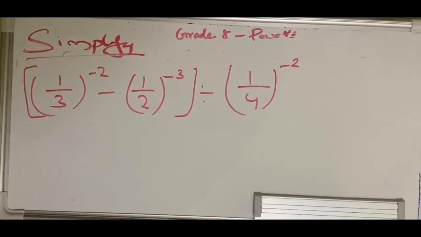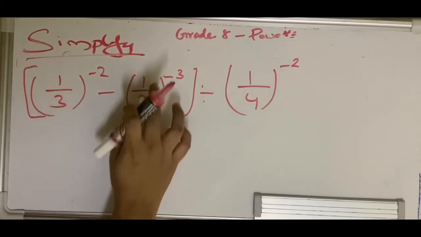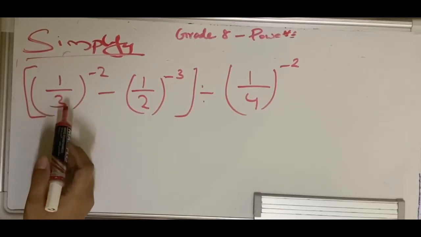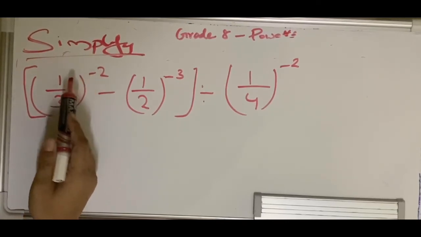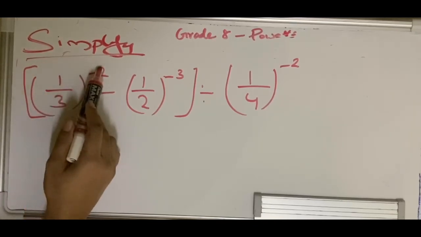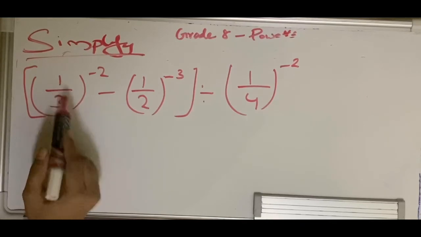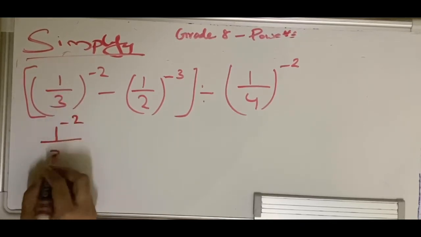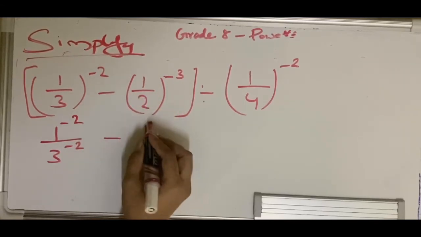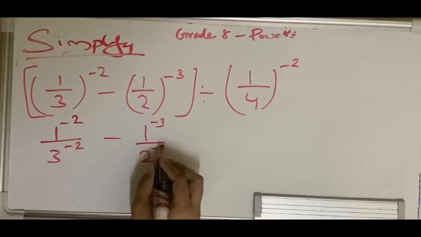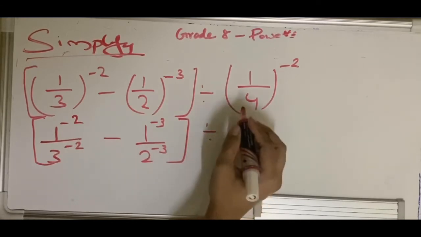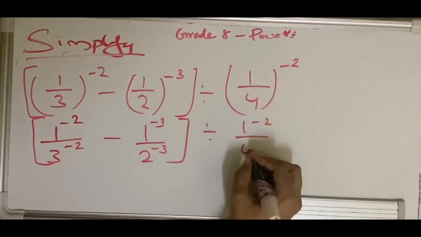So our next question is about again simplifying. If I take this equation, I have 1 by 3 raised to minus 2. Right now this minus 2 is for both the parts, right? We know that (a by b) whole raised to m would be a raised to m, b raised to m. So this will be 1 raised to minus 2 as well as 3 raised to minus 2, right? Similar case with the second term also. You will have 1 raised to minus 3, 2 raised to minus 3 and whole divide. Here you have 1 raised to minus 2, 4 raised to minus 2.